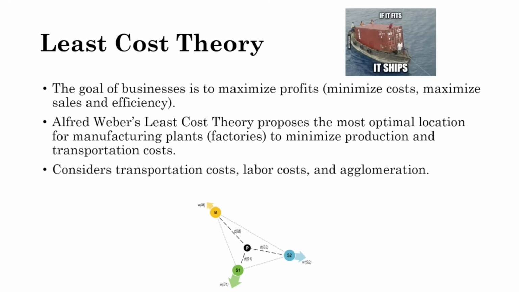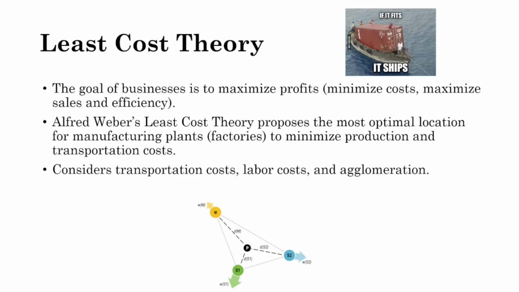He considers factors like transportation costs and labor costs and agglomeration. Transportation costs, I mean, how much money does it take to ship books as it does to drumsticks? There's a lot that goes into that. And that's actually what we're going to look on the most is transportation costs. We also look at labor costs. Certain countries have different minimum wages, so it may be more efficient to build a factory in a country with workers that you have to pay less because it saves you money.